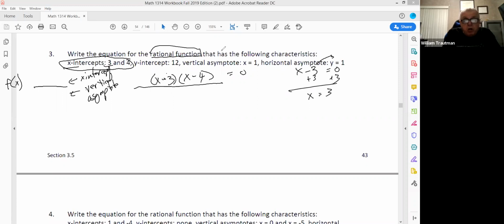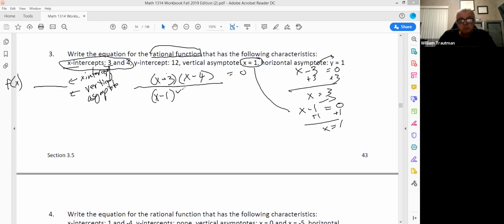Now, the bottom of our rational function is the asymptote. We have a vertical asymptote at X equals 1. And once again, at X equals 1, you have to write it X minus 1. To get the 1 to the other side, you have to add 1, X equals 1. So it's written like this. And we have a horizontal asymptote at,